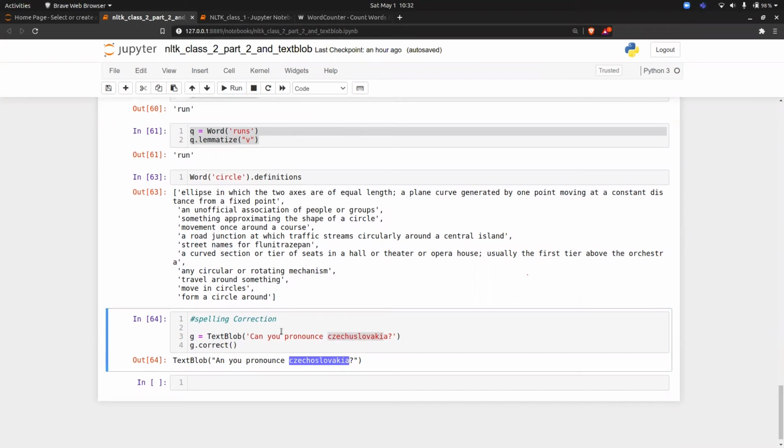So this is what it's trying to do, a spelling correction, but it is becoming harsh now. If I try again, now it is working perfectly, because it wants lowercase. When you give it in lowercase, it works perfectly fine, and it gives me a correct spelling. I don't know whether this is the correct spelling or not, but people who are good in English can tell, this is the correct spelling of Czechoslovakia which it is suggesting.